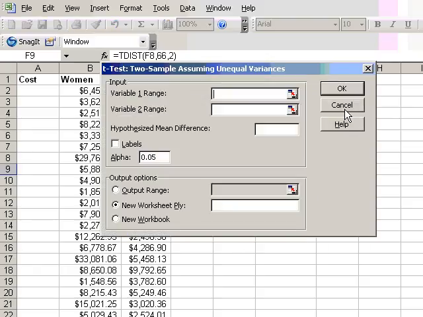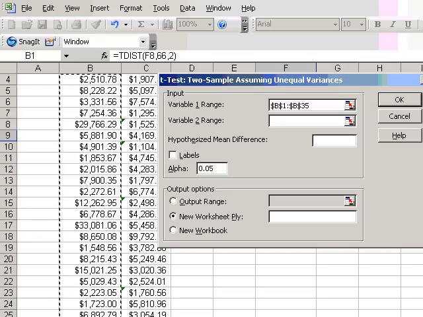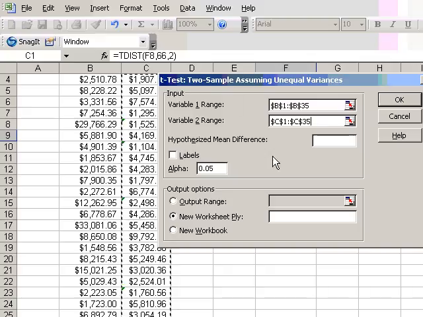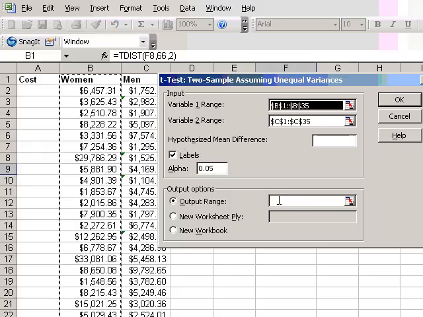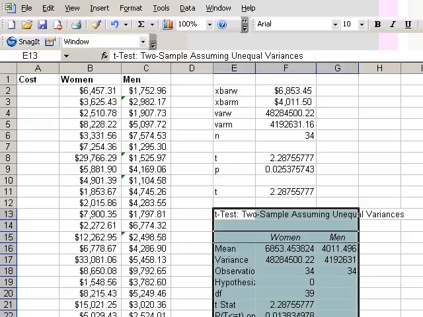When I say OK, I'll select the first variable range, women, Control-Shift-Down arrow, and I'll select the second variable range, men, Control-Shift-Down arrow. Hypothesized mean difference, there are labels in the first row, and the output range will be, this time, right here. When I say OK, I get this result,